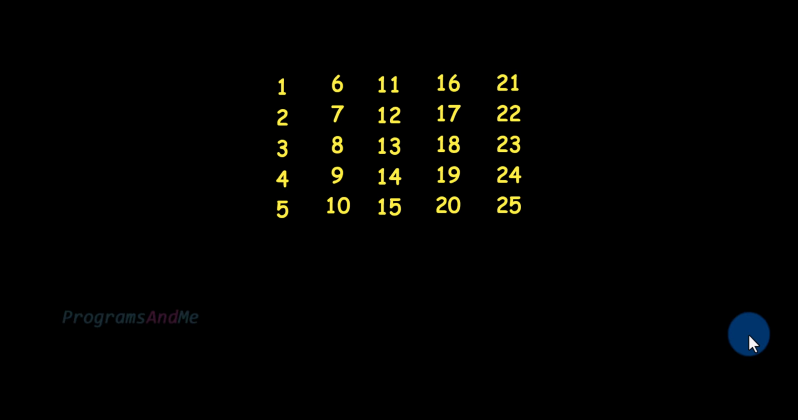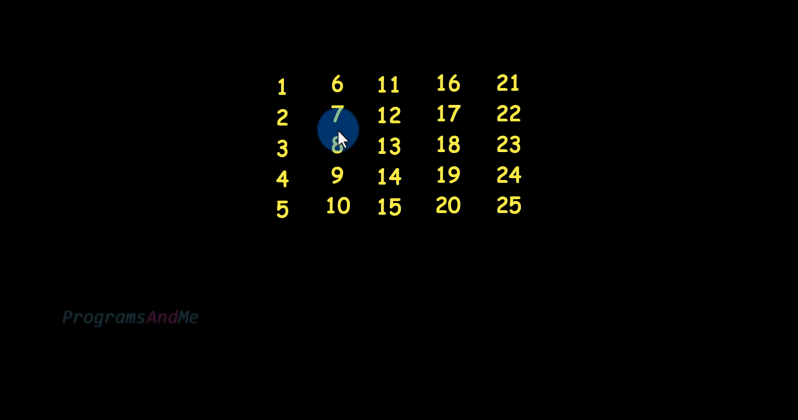Today in this tutorial we'll see how to write a Python program to print this number pattern. The shape of this pattern is a square. Number of rows is equal to number of columns. And the numbers we want to print in this pattern are 1, 2, 3,